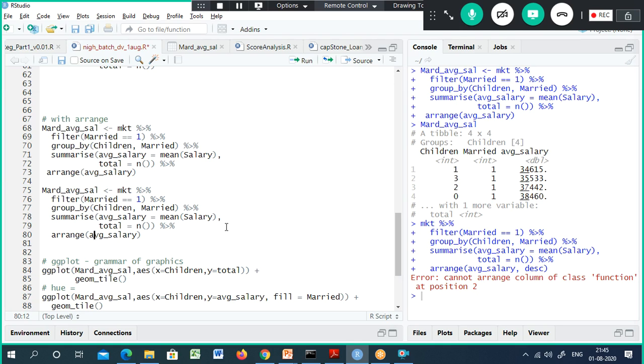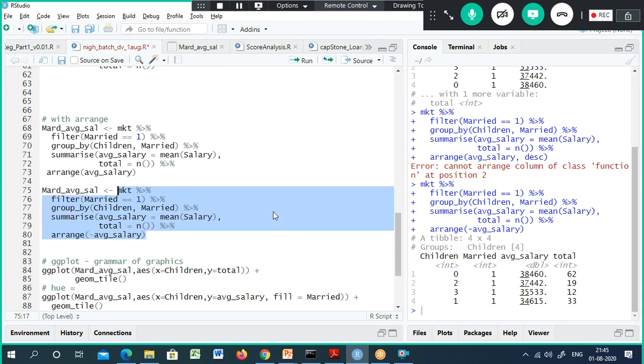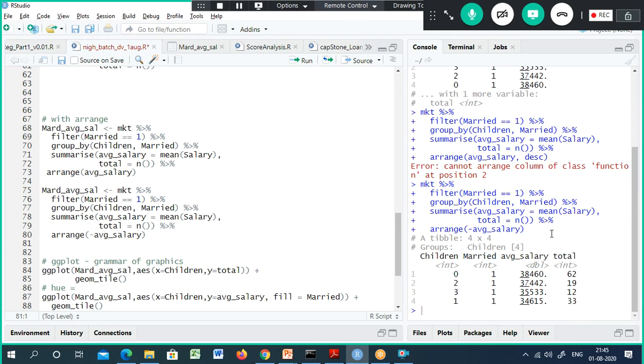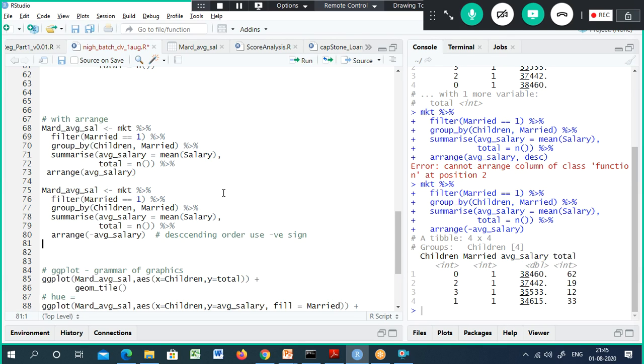I think I need to use minus here. Yeah, negative here. Look, 384 comes first, then 374. Descending order. If you want to query it in descending order, use the negative sign. If you don't specify any sign, by default it is ascending order.